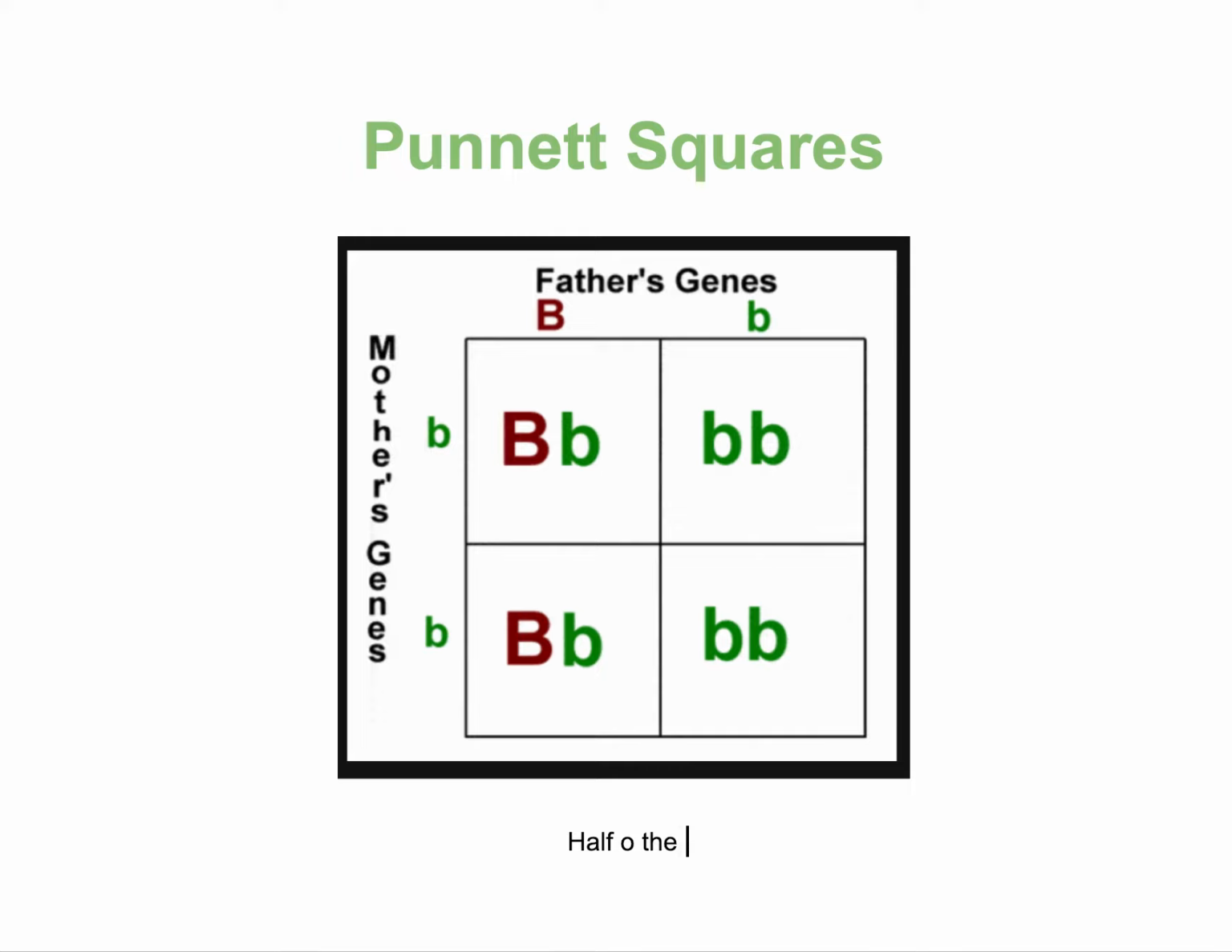So half of the children will have brown hair. And what is half? That's 50%. And in decimal, 0.5. So the probability there is 0.5, which is 50%. The other half, right, we have 2 out of 4 that are lowercase b, which represents blonde hair. So the other half of the children will have